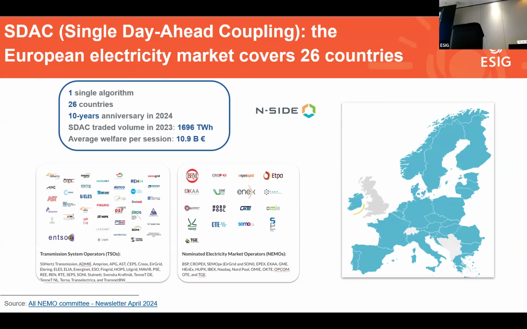And so this is really the cooperation between the different power exchanges. Initially, there was one power exchange per country. Now it's a little bit different. There are some countries which have multiple ones, but still some countries where there is only one power exchange. And it's also with the cooperation of TSOs, Transmission System Operators, where often there is one transmission system operator per